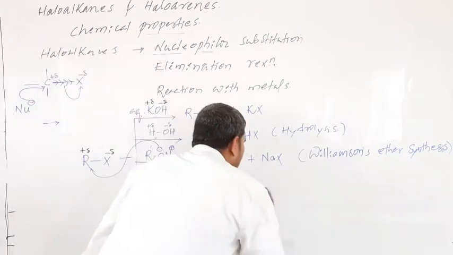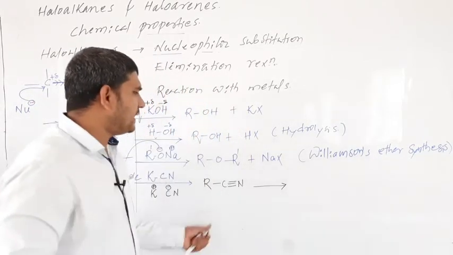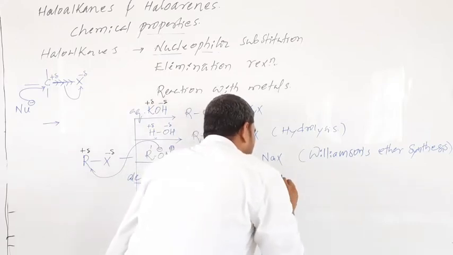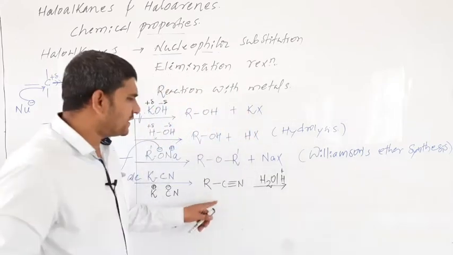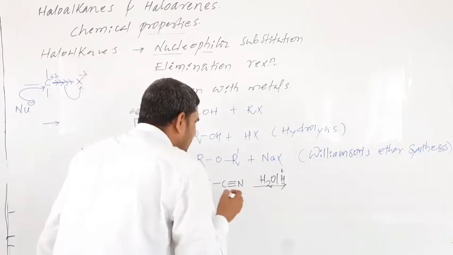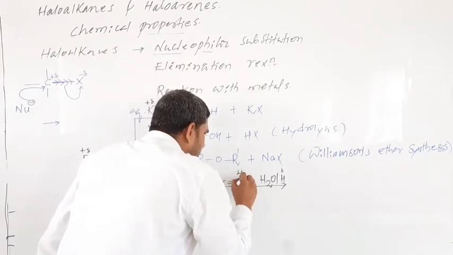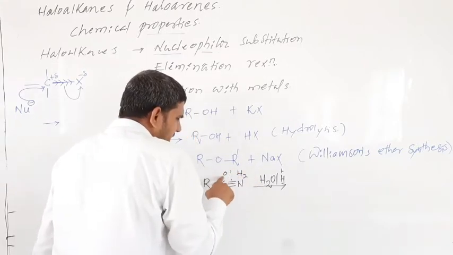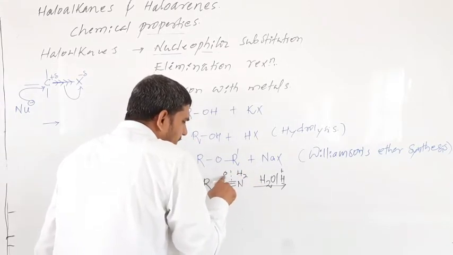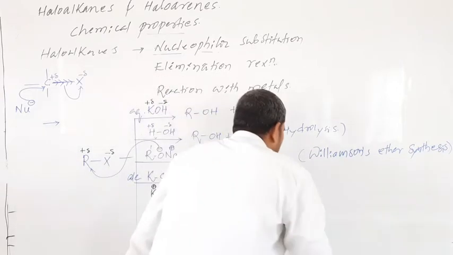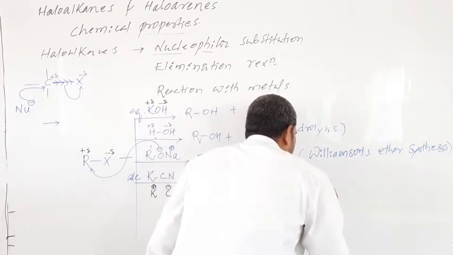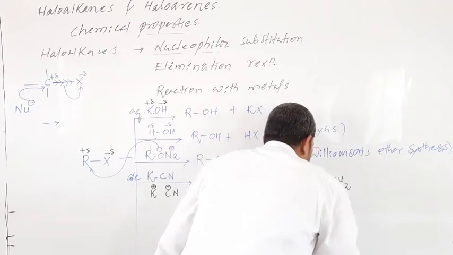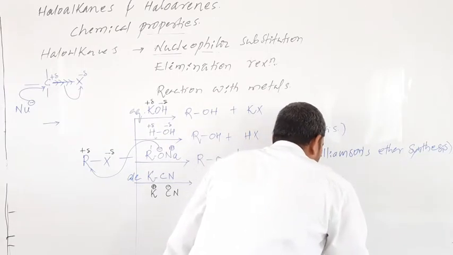This alkyl cyanide, when it further undergoes hydrolysis in the presence of H plus, what is the product? It's very simple, you need to remember like this: H2O, you just cleave this one. What happens over here, carbon to oxygen there is a double bond, you are forming a double bond, so you should cleave two bonds. R, C double bond O, NH2. What is the product? Amide is the product.